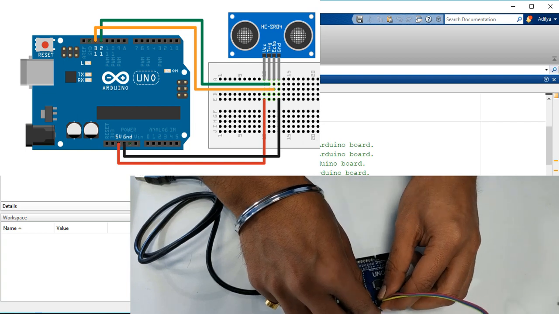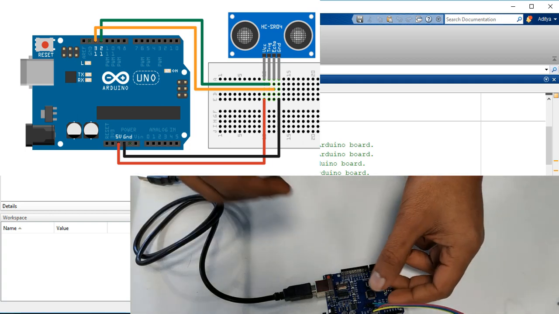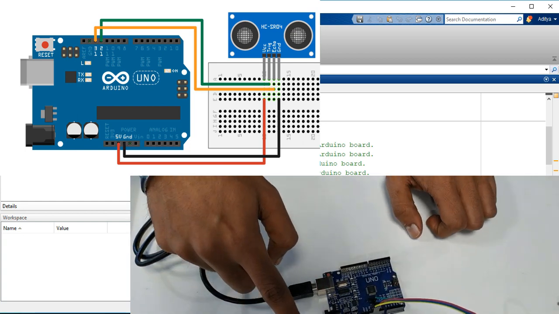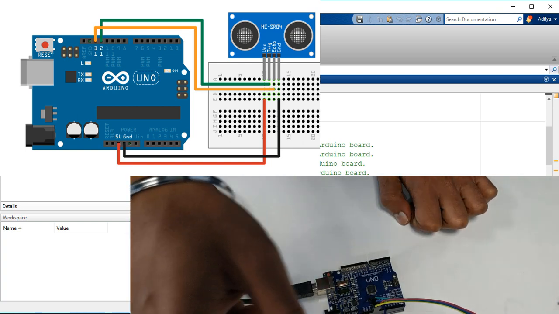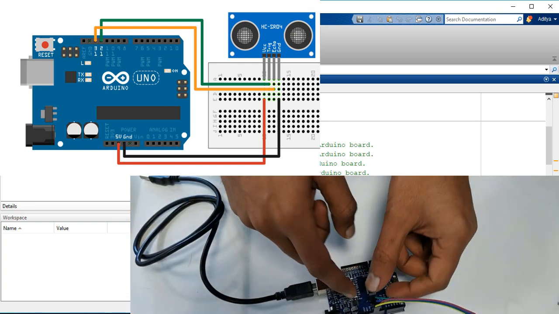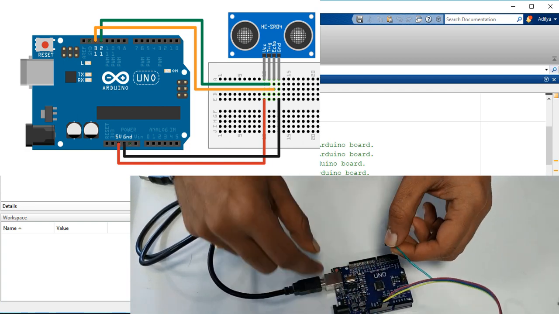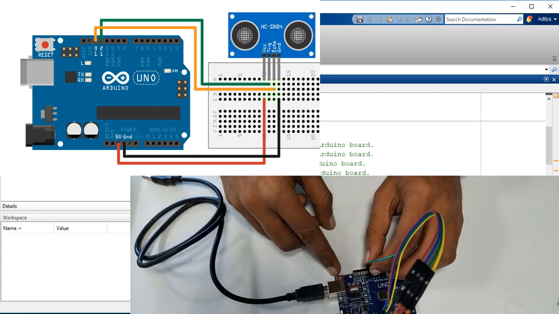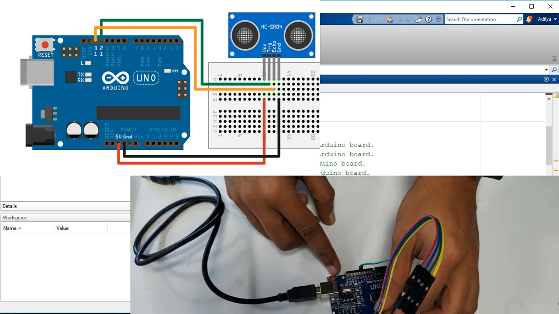Now next, the trigger pin is to be connected to digital pin 12. The trigger pin over here is the second pin from the left. From this side it's the second pin. So that's the red wire over here which goes to the green wire over here. This is what I'll be connecting to digital pin 12 on our Arduino board, and the remaining wire I'll be connecting to pin number 13, which is our echo pin.